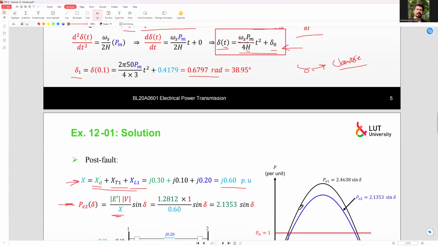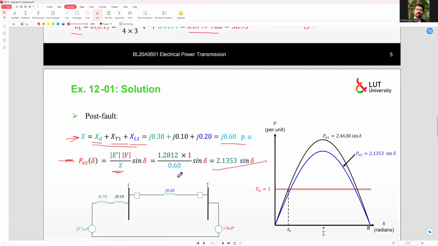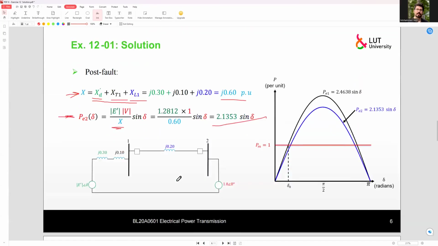So by this, we have 2.1353 sin of delta. All right. So this is our post-fault equation. So now we want to